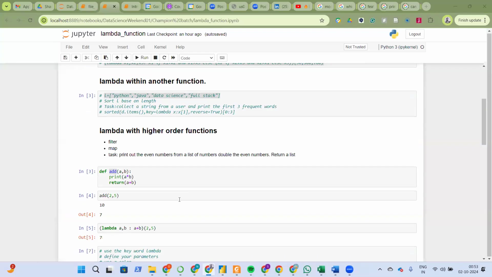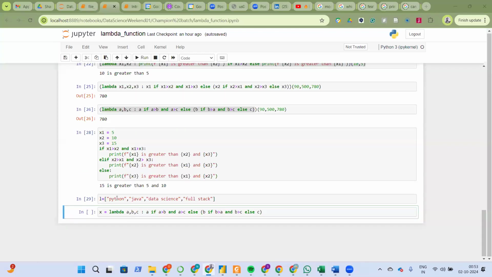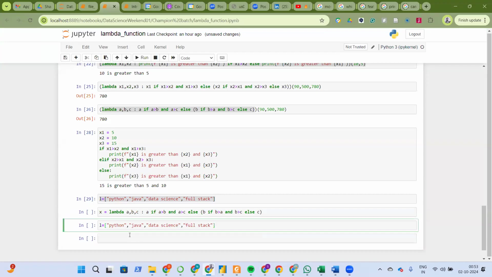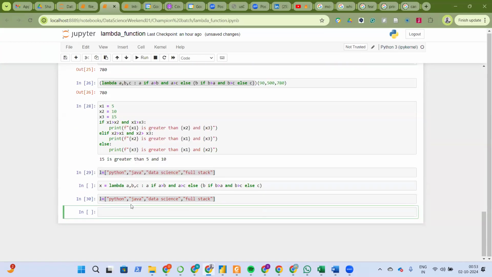Okay, so I just created a list here while we are waiting for Bestman, right? I created a list here, and I wanted to show you how to use a Lambda function within another function. So this is the list that I created, and now my task is that I want to sort. Now if I just go ahead and do sorted